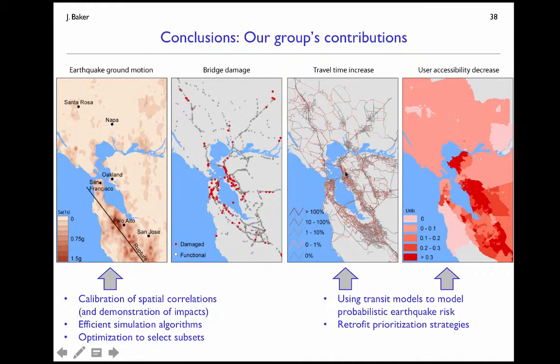The network modeling, we've taken that off the shelf from collaborators. Where we've made contributions over on the right side is to take those transit models, network performance models, and try to utilize them in the assessment of earthquake risk in a probabilistic manner. So adopting those network models to be functional under levels of severe disruption due to bridge damage, and using them in a probabilistic way over uncertain future earthquake damage. And then utilizing those models and these accessibility decrease metrics to prioritize retrofits and think about retrofit strategies and other decision support. That's another area where we've been making contributions.